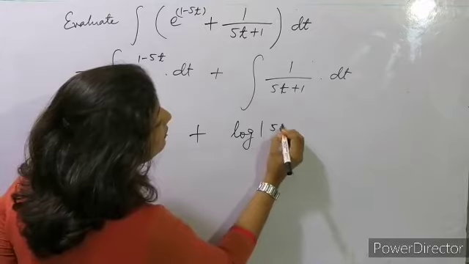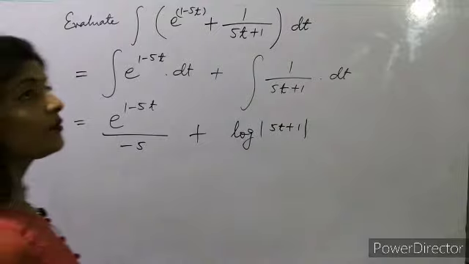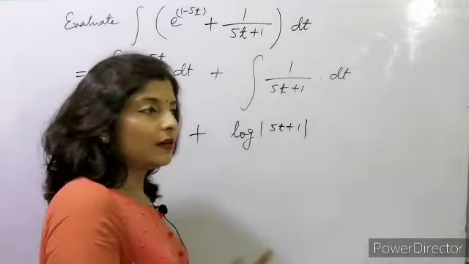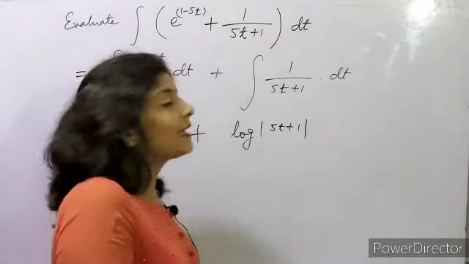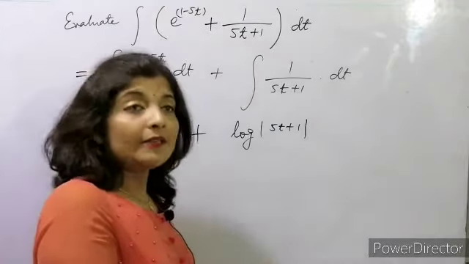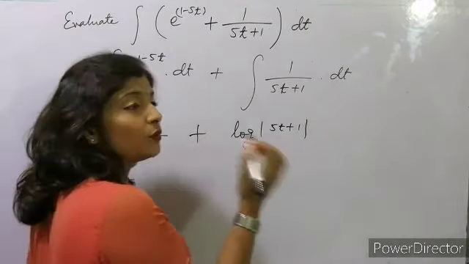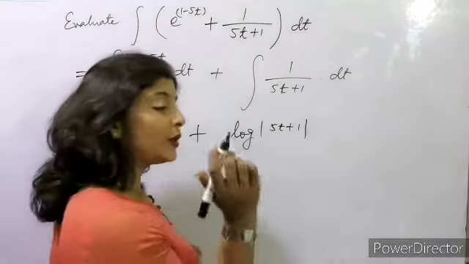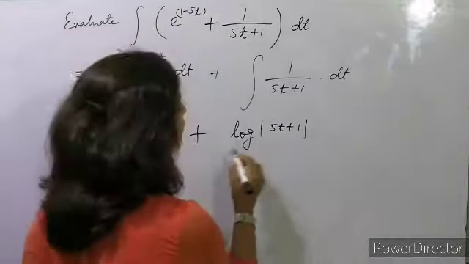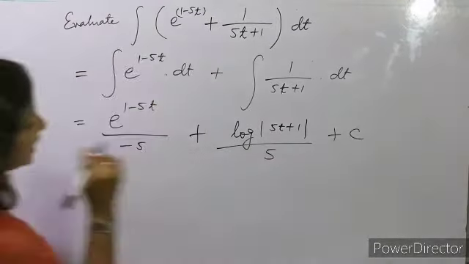log of 5t plus 1. Okay, and again, in case of differentiation, we have to differentiate this one as well. Then in that case it will be 5, because differentiating 5t we get 5 and differentiating 1 we get 0. Okay, because 1 is a constant. So the 5 we get, we multiply with in case of differentiation, but here in case of integration we have to divide it by 5. Okay, and plus c, always keep plus c, that is constant.